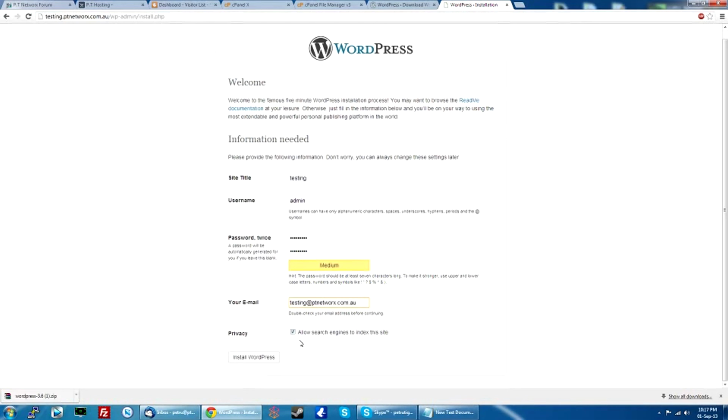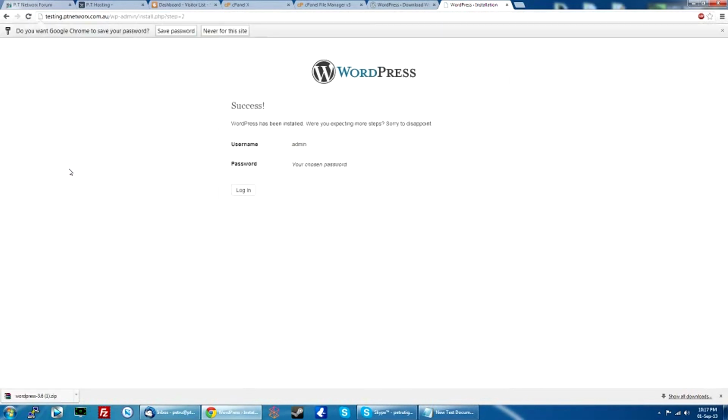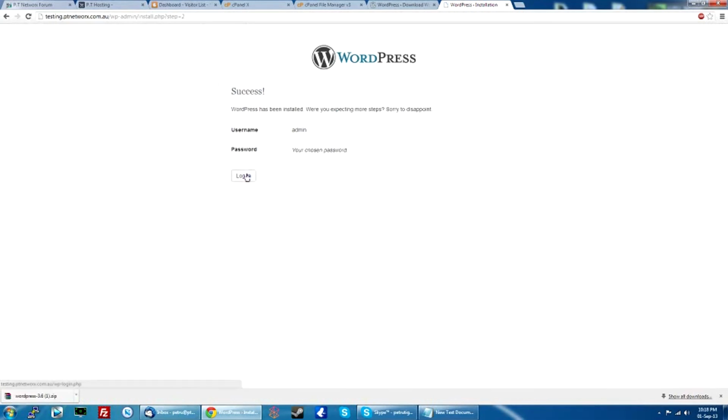Okay, and then we can select if we want search engines to be able to index this website or not. It's entirely up to you, but at the end of the day, it is up to the search engines whether they want to index your website or not. And yeah, okay, so we'll install WordPress there, and you can save password or not, and that's it. Everything's been installed, so you can log in now